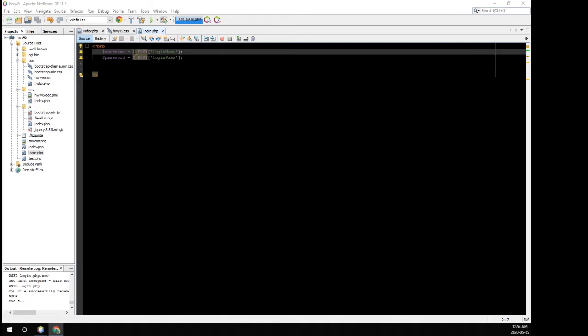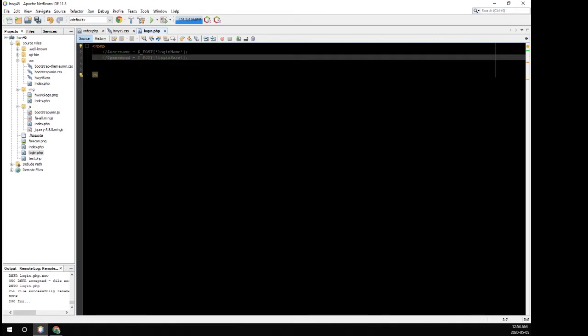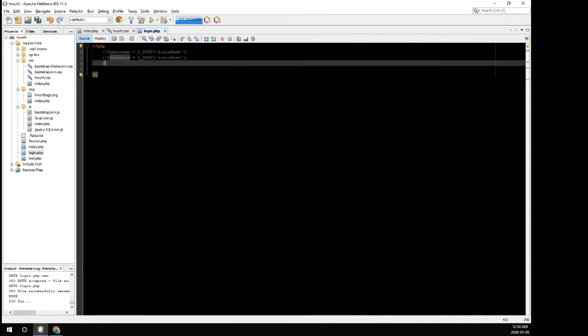Okay, so one basic way is instead of requesting it like that, I'm going to just comment those out so that we can keep them, but I'm going to create new ones here. So first, our username is equal to filter underscore input and a set of parentheses. So inside, where we talked about the different functions having a set of parentheses and then a set of curly braces, different built-in